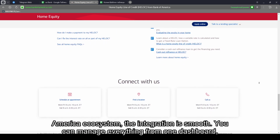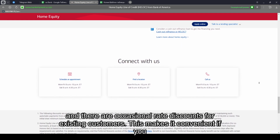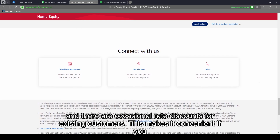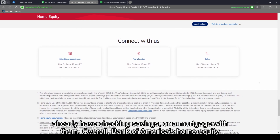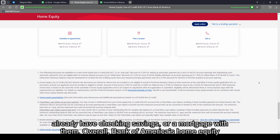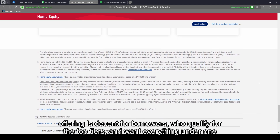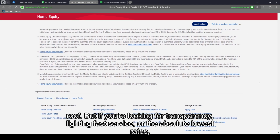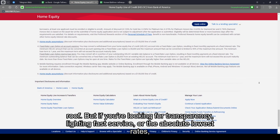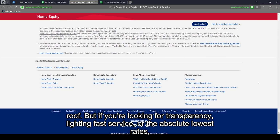You can manage everything from one dashboard, and there are occasional rate discounts for existing customers. This makes it convenient if you already have checking, savings, or a mortgage with them. Overall, Bank of America's home equity offering is decent for borrowers who qualify for the top tiers and want everything under one roof. But if you're looking for transparency, lightning-fast service, or the absolute lowest rates, you might want to